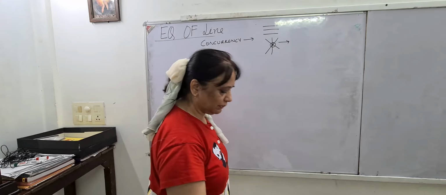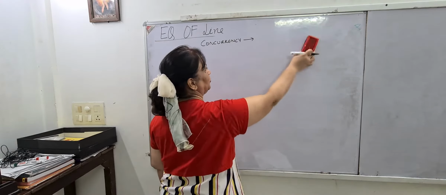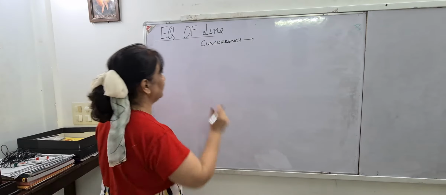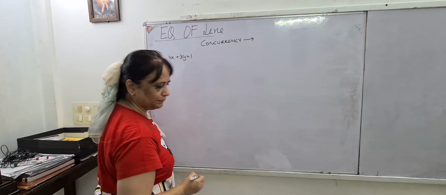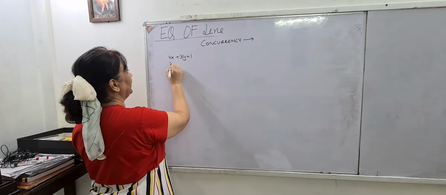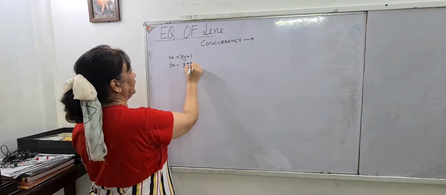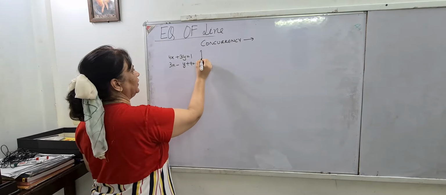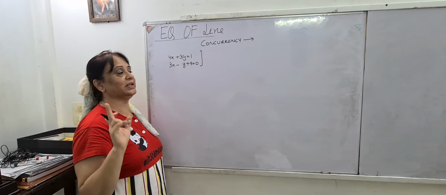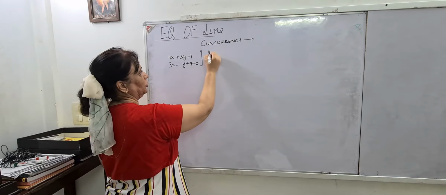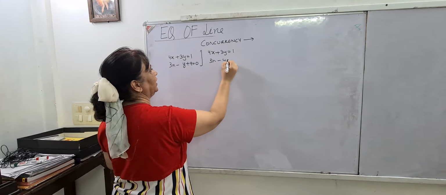Now, see question number 11, page 186. Find the point of intersection of the lines. So, see children, what is point of intersection of lines? You have done before also. 4x plus 3y is equal to 1. 3x minus y plus 9 is equal to 0. To find the point of intersection means we have to solve these two equations simultaneously, which we have done in 9th standard also. So see, I am going to do it. 4x plus 3y is equal to 1 and 3x minus y is equal to minus 9.